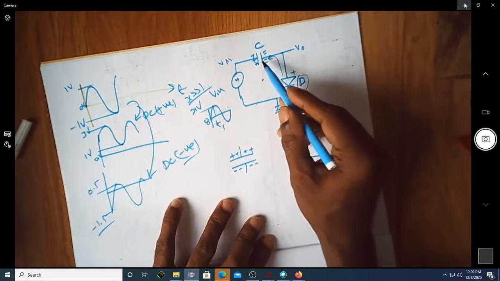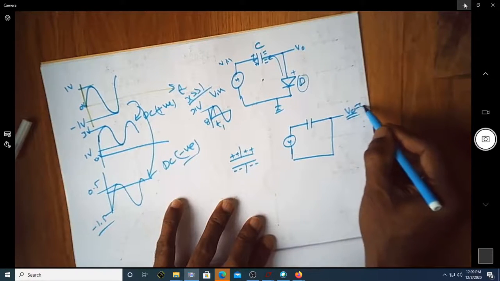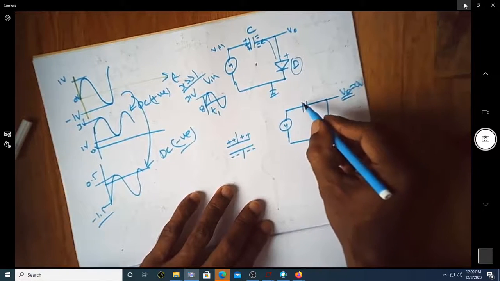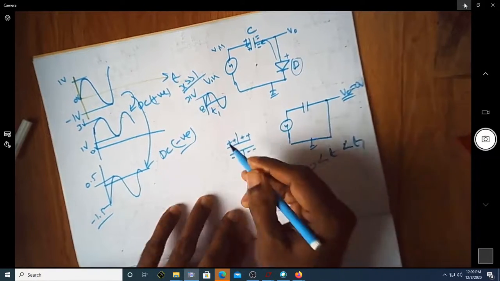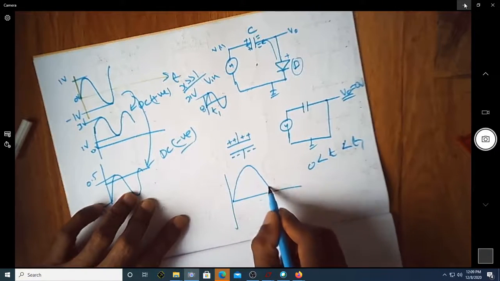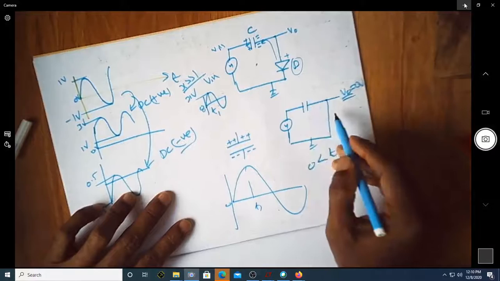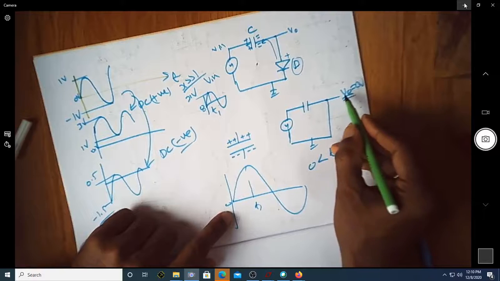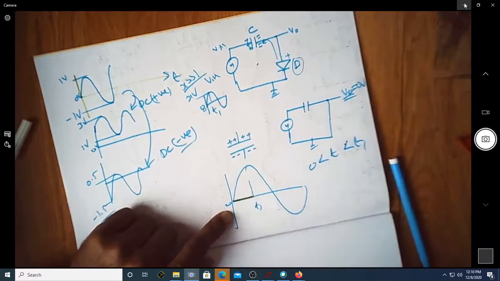Now, whenever this diode is on, this looks like a short circuit. So the output is almost equal to 0 volt, because this diode is on. This will be the condition for time between 0 and t1. So from time 0 to t1, the diode is on. Suppose I write the output voltage as the green one, which is nothing but the voltage across the diode. Can you see now, this output voltage is 0.